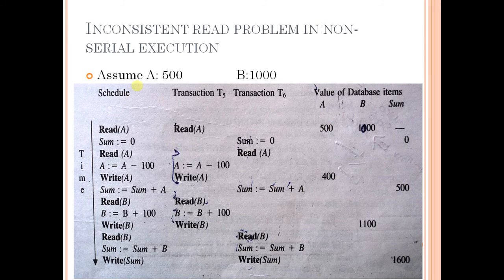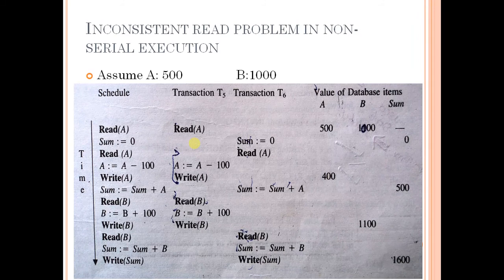Whenever the CPU gets a chance to run any transaction, it executes. So the idea is to teach you that if you don't control this mixed execution, then these types of problems can come. Some of you can assume, sir, what will happen? What can happen is that first of all these two lines are executed before this. So of course it is possible. There are many executions possible, but here we are illustrating an execution which is creating a problem. Okay, so this is what the problem is.